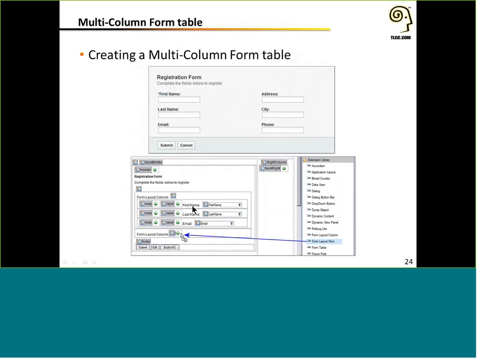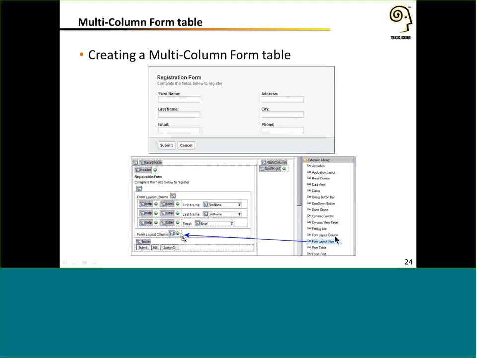Now there's a third control that comes into play when you're using these form table controls, and that's the form layout column. As you can see up here in this example that we started with, this form has not only 3 rows, but 2 columns worth of fields as well. So there's a form layout column control here that's right next to the layout row and table.